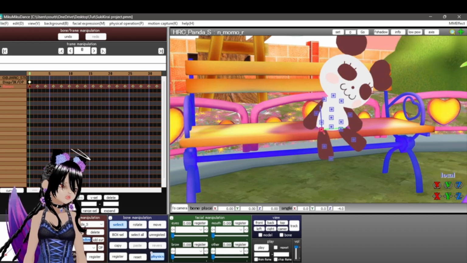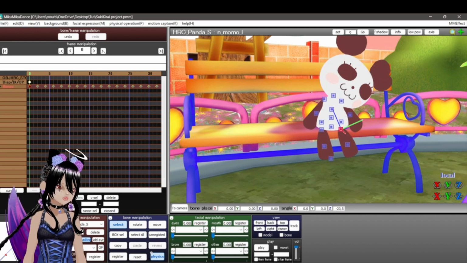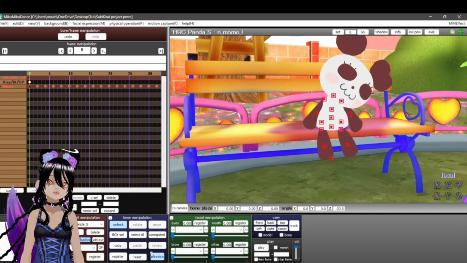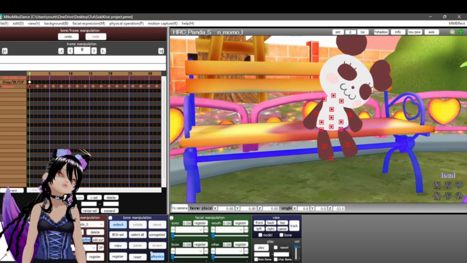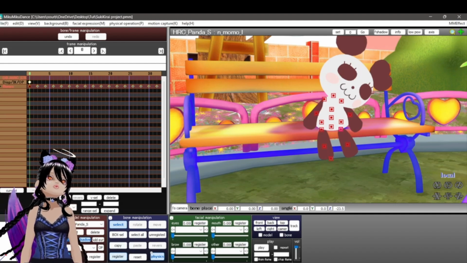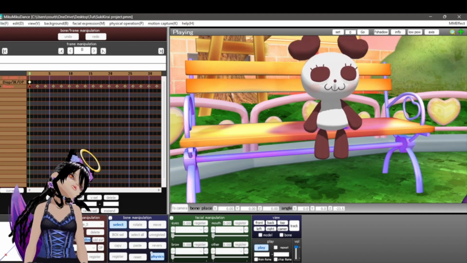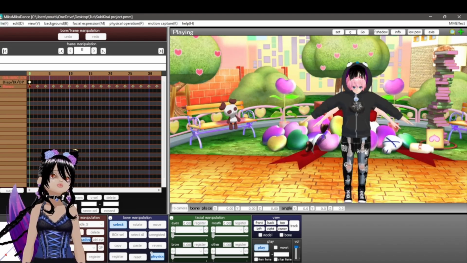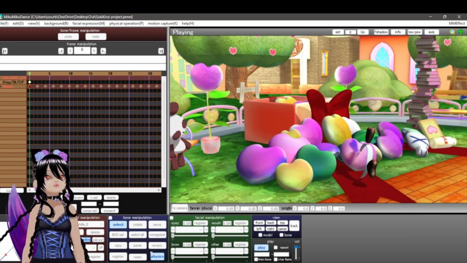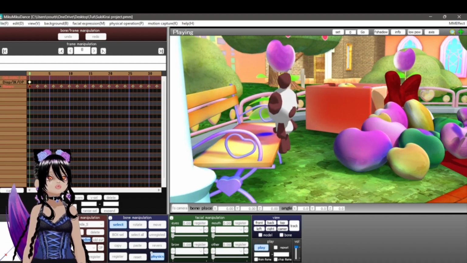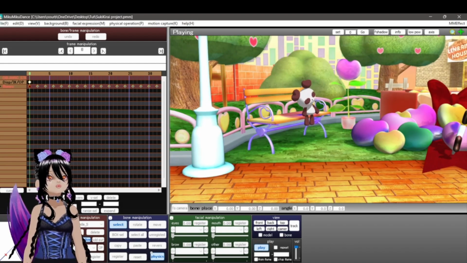Just put it back into the normal place like that. And just select all. And in this blue bone manipulation box, click register. And then click play and see how it looks. And it looks fine to me. Sort of looks like it's sitting. Maybe if we want it to sit further, just play